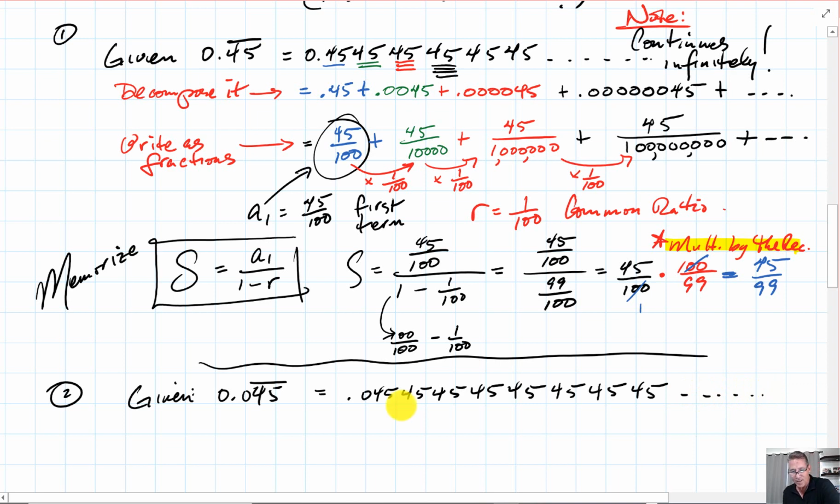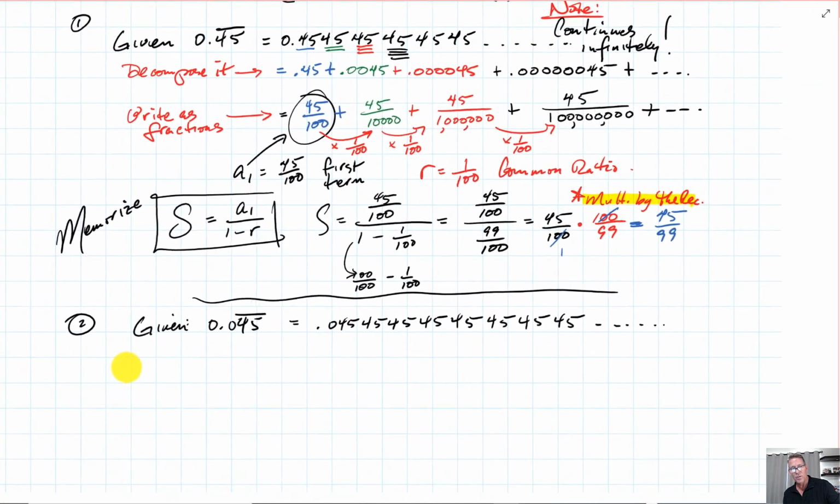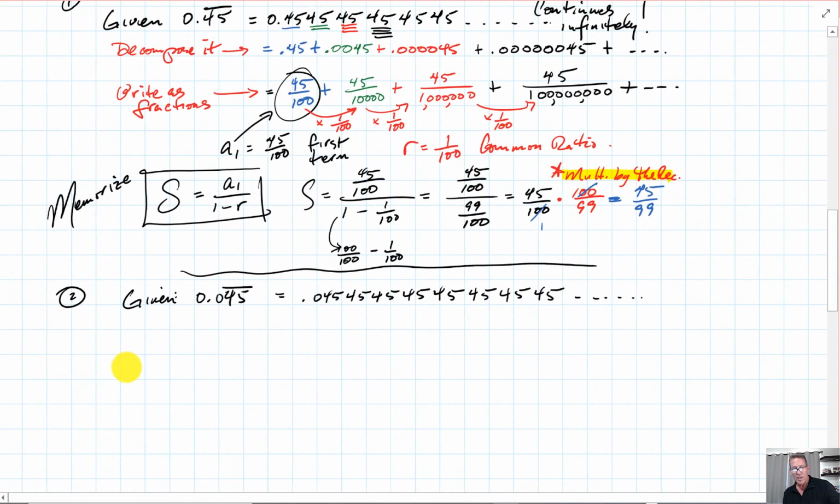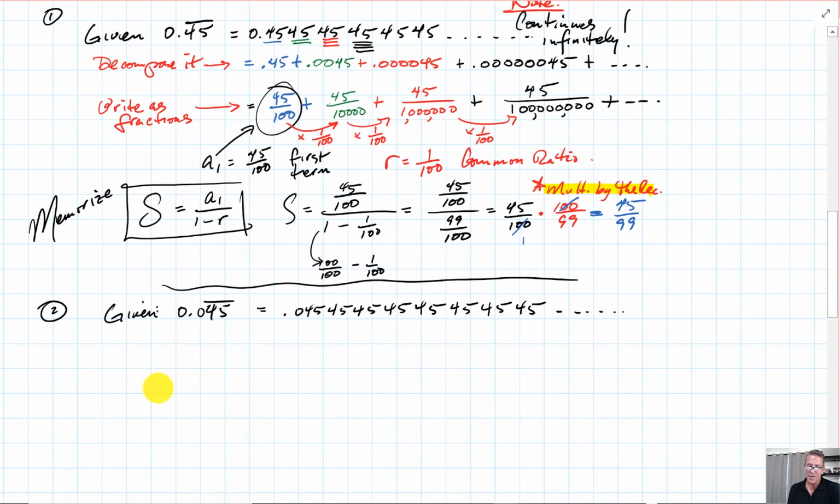All right, but watch this. That 0 right there in the tens position changes things up a little bit. So we're going to do the same strategy here, but we're going to be careful because it's slightly different. So I'm going to decompose it. Okay, so here we go. Underline the first group here. So this is equal to 0.045 plus. And again, if I go too fast, pause the video. Second group,